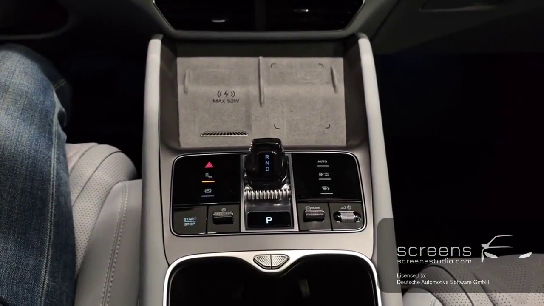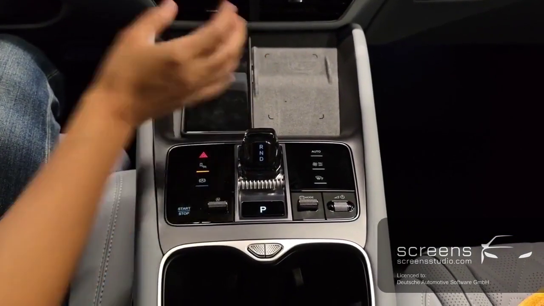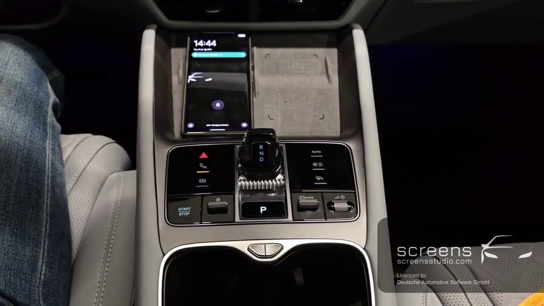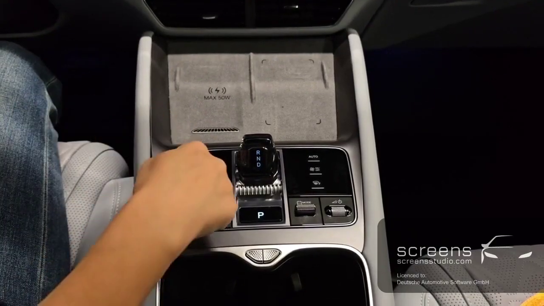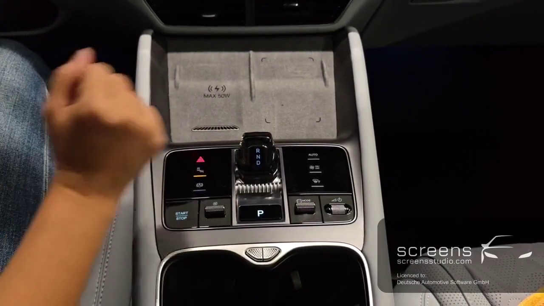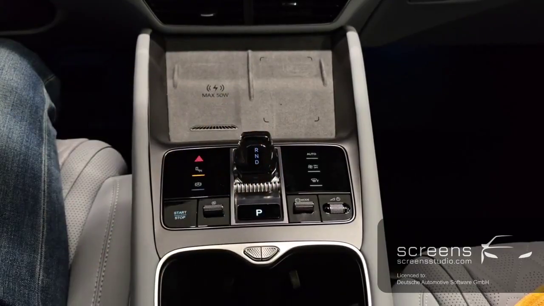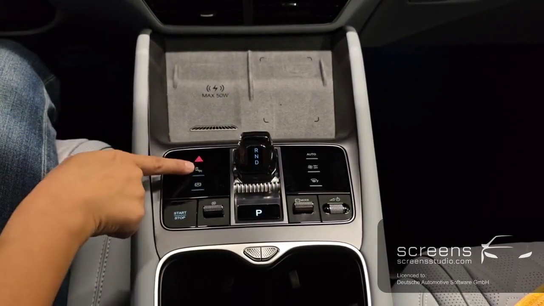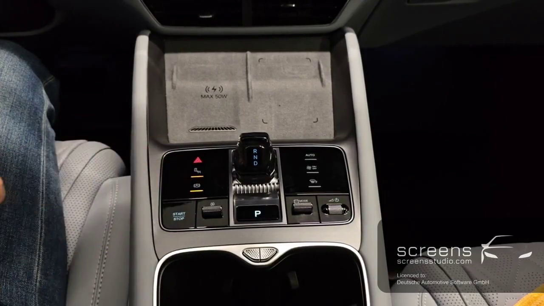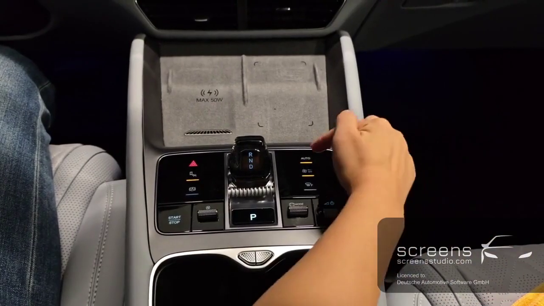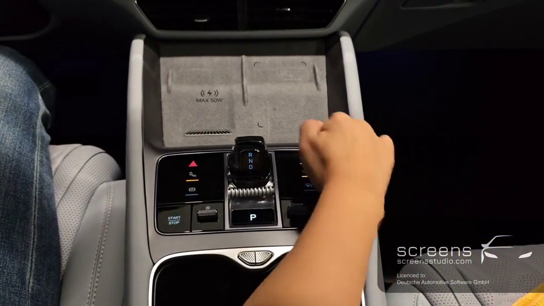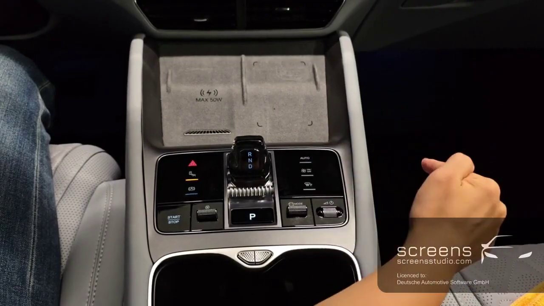Moving down, let's take a look at the center console. We have our wireless charging pad, the hazard lights, blind spot detection, auto hold, automatic climate control, air vent control,